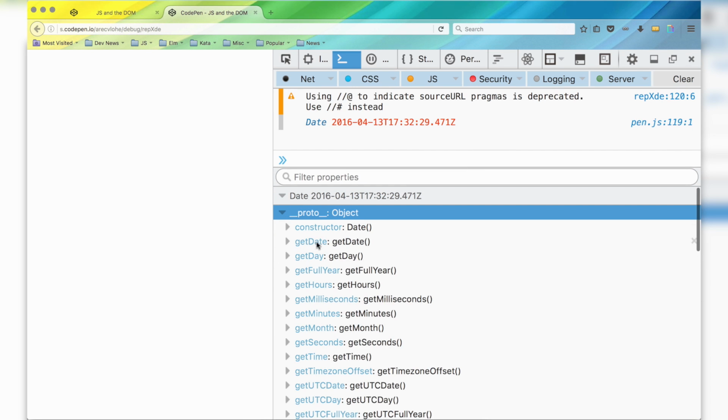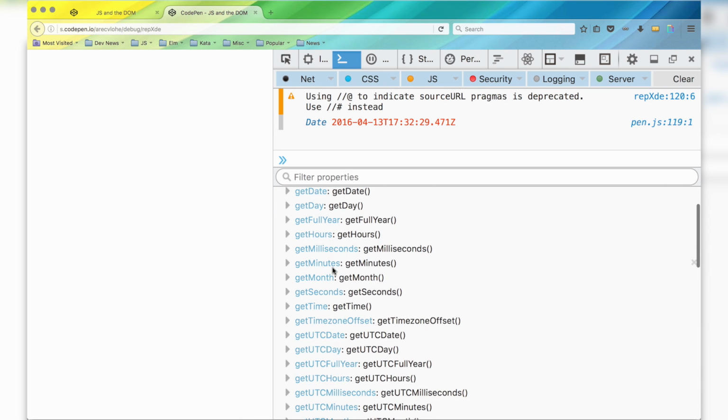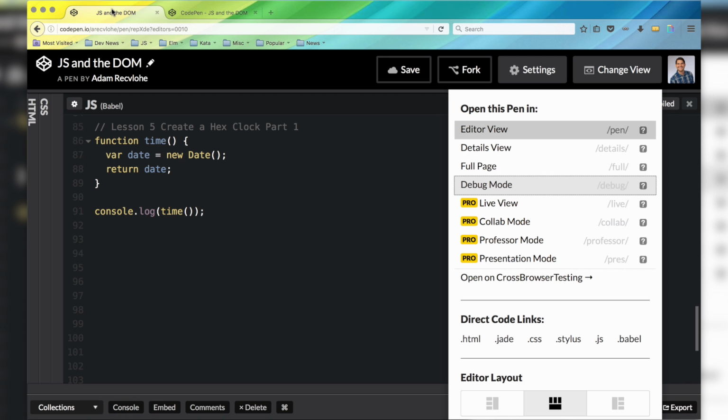So we have a constructor, getDate, getDay, getFullYear. What we want is getHours, getMinutes, and getSeconds. These properties or keys are what we're going to use to actually get this information. And if you can see, the getSeconds property or key actually calls the getSeconds function. So that's how we're going to be getting the information. So if we go back over here,